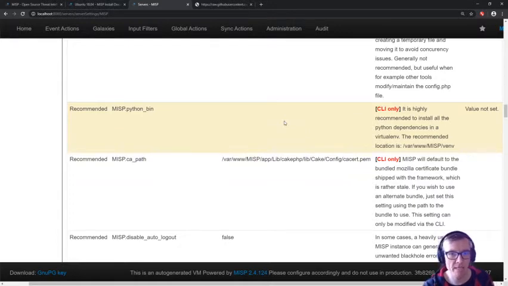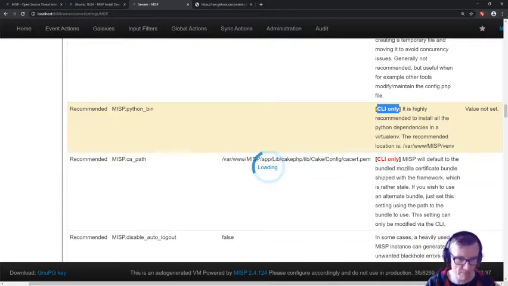But basically, what this allows is easier updates for us, easier debugging for you, because if something doesn't work on the Python front, you can just roll the entire Python venv and then it might just work. To do that, you basically need to point MISP to a Python binary, and you would typically do that here, which now of course does not work because this is command line only. It's done with a cake